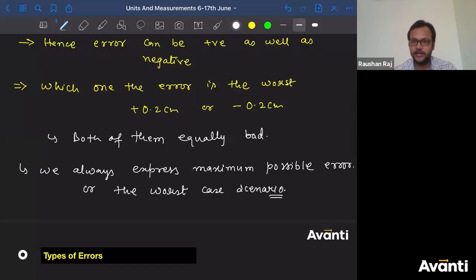I will be able to tolerate up to this much, right? In application, yeah, saturation, the limit. So when you are going to buy a rod, if you are saying my tolerance is plus 0.2 centimeter, that means I can, yes, endure it. So if you compare it with this measurement, I'll say that the customer can only tolerate an error of, let's say, 0.3 centimeter. And you have sold a bar which is having an error of 0.5 centimeter. Maximum error that is possible in that is plus 0.5 centimeter.